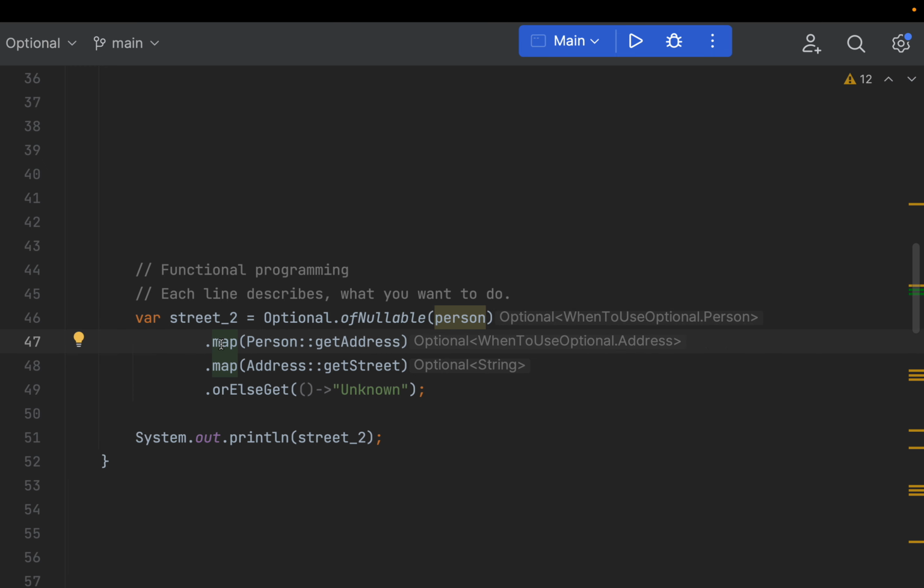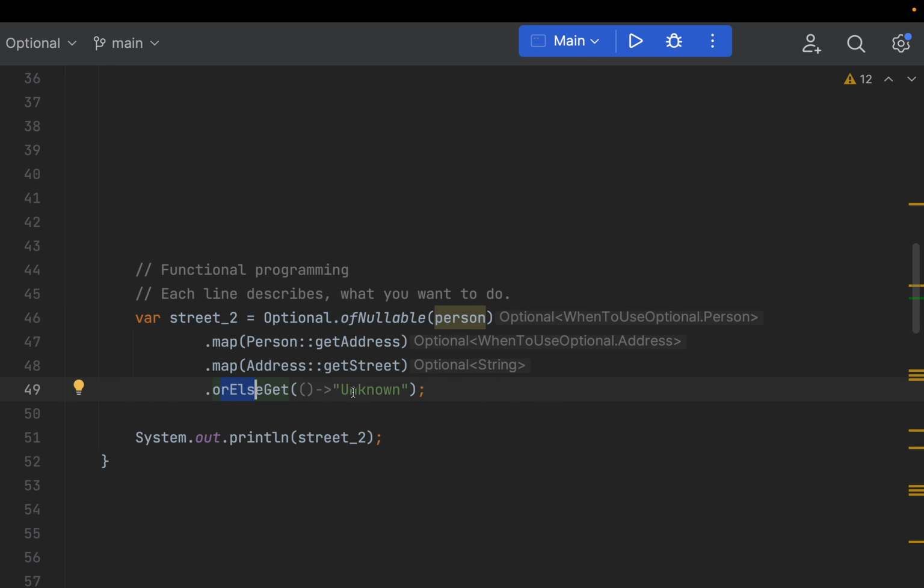I can map from an optional of type person to an optional of address. And here again, I map from address to an optional of string. And with the get method, I can unwrap the optional and get the string that's inside of it